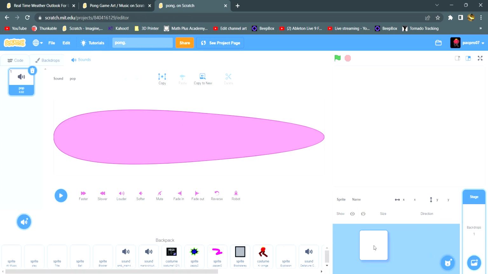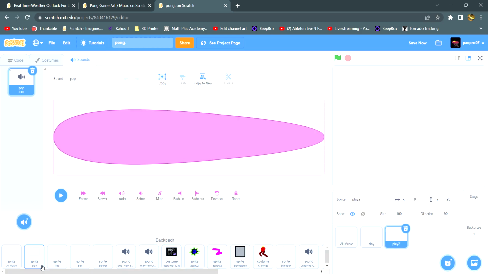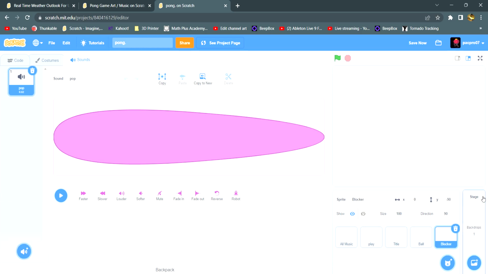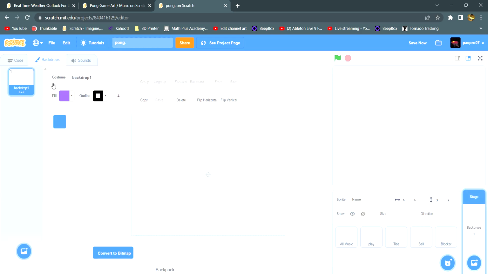Then we'll backpack the sprites. Oh, I accidentally did 2 plays. I'm gonna delete that one. This one would be next. And this one. So we have all our sprites, but to make sure they show, we need to make sure